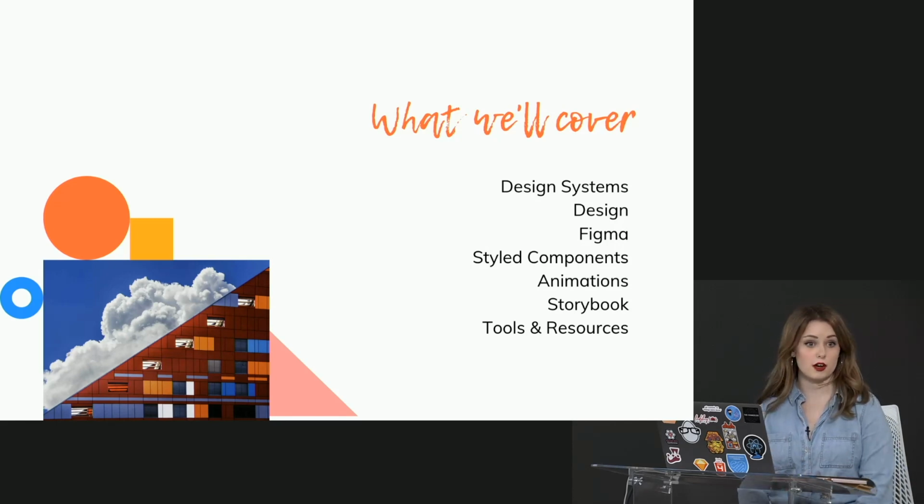Once we get that foundational knowledge, we're going to switch into Figma, which is a design tool. We're actually going to design components together. We're going to turn them into coded components. We're going to animate those components, and then we'll document them and publish that on Netlify. And then we'll just wrap up by talking about some fun people and tools in the industry